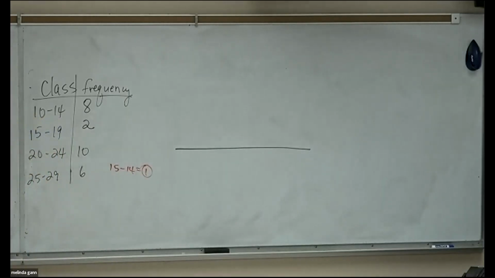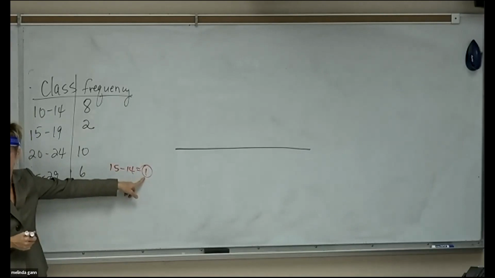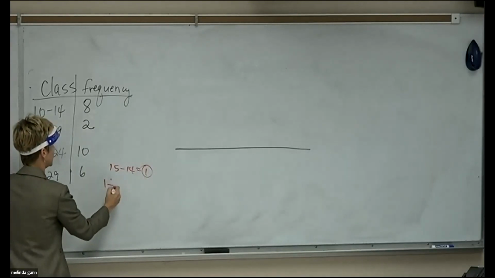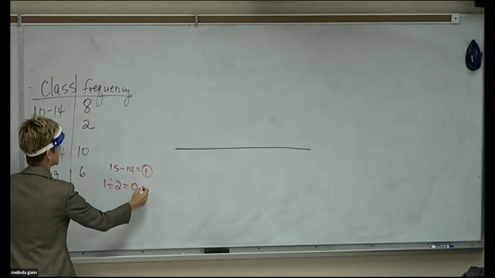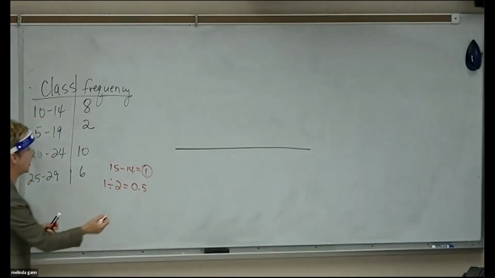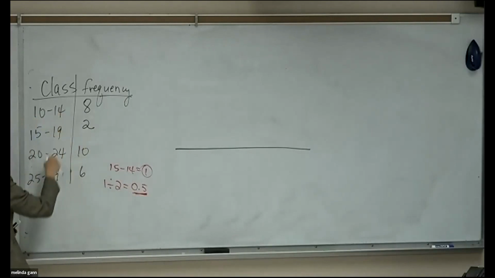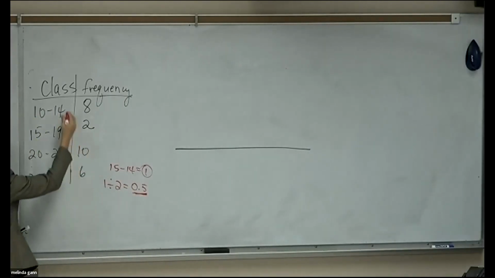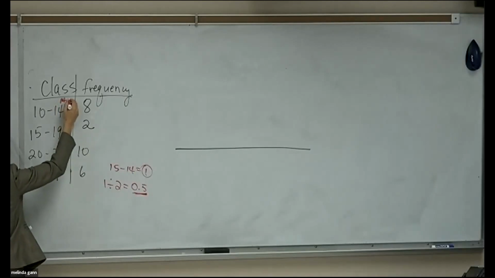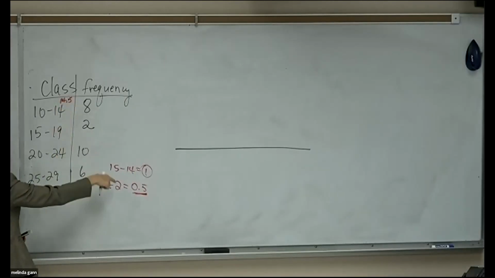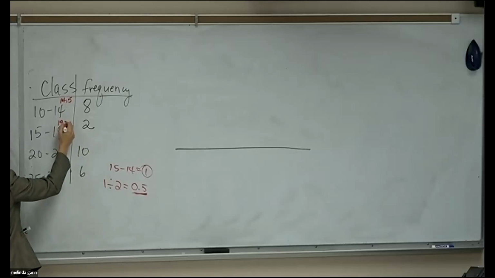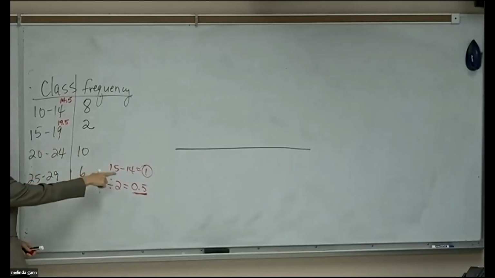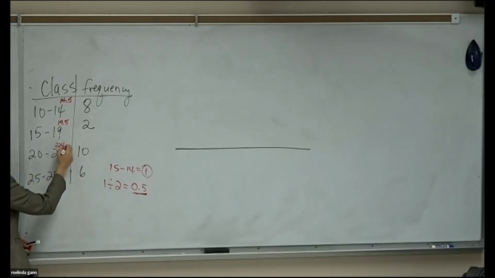Now, what's the next thing I do? What do I do with that difference? I take that answer and divide by 2. So 1 divided by 2 gives me 5/10 or a half. Now, what do I do with this answer and these upper limits? So when you add 14 to 5/10, I get 14.5. Everybody with me? When I add 5/10 to 19, I get 19 and 5/10. When I add 5/10 to 24, I get 24 and 5/10 and